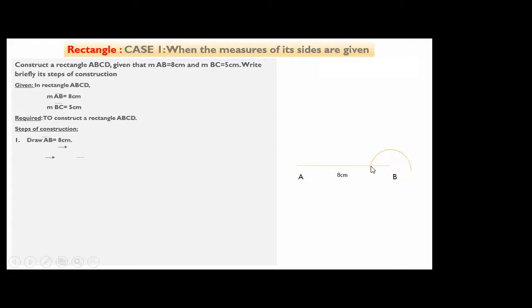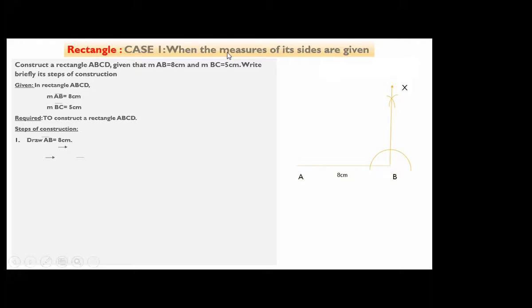Then we have to put the compass over here and make two arcs. With these two arcs we get the perpendicular BX. How can we check this perpendicular? By putting the protector on B, angle ABX, we get 90 degrees. And if it is 90 degrees, that means we have drawn a proper perpendicular over AB, right? So what I am going to write in the steps of construction, beta: draw BX perpendicular to AB.